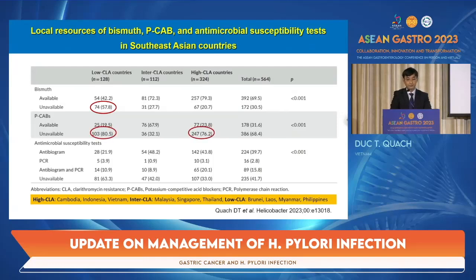Regarding PCAP, we can see here that it's not available in the majority of countries in our region. And in countries with the lower clarithromycin resistance rate, including Malaysia, Singapore, and Thailand, we may have higher resources for using this agent. One important point is about the